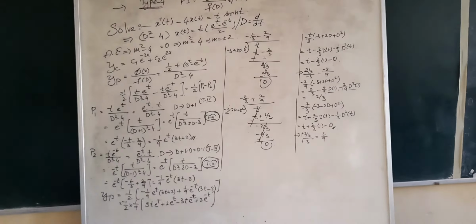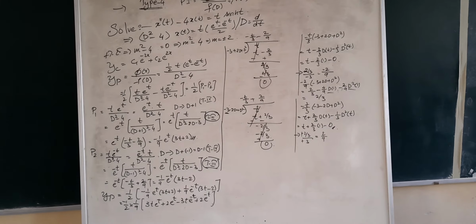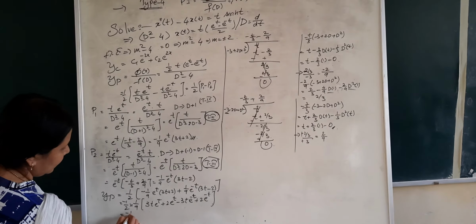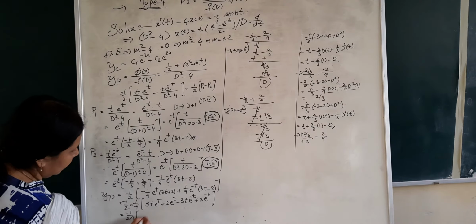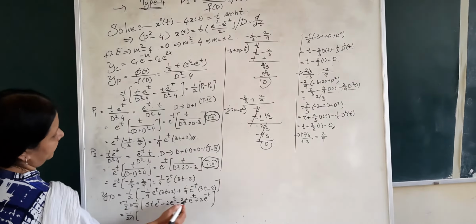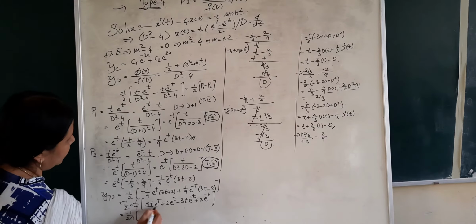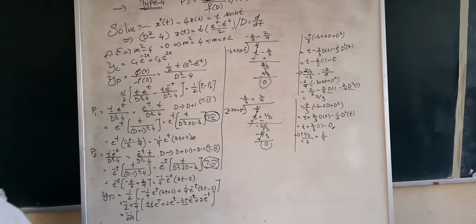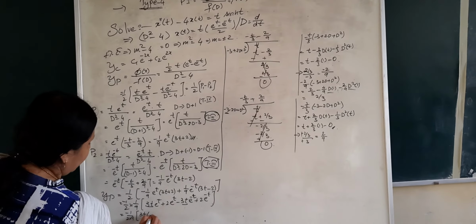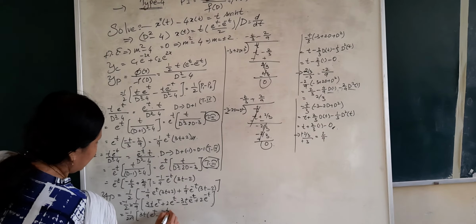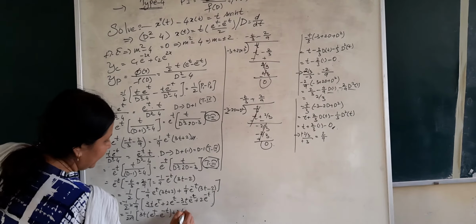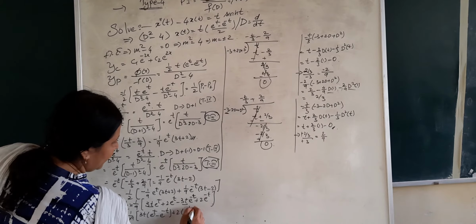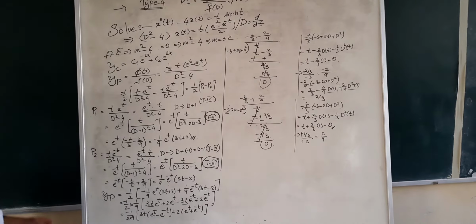Now let us group them so that we get hyperbolic sine and hyperbolic cos. So minus 1 by 9 as it is, 1 by 2 into 9, let it be as it is. Now e power t, e power minus t terms, we have the coefficients common. What are those? 3t and 3t. Take out. So 3t times of e power t minus e power minus t. Again, from these two terms we have a 2 common, take it outside, e power t plus e power minus t. This is what we are going to get.